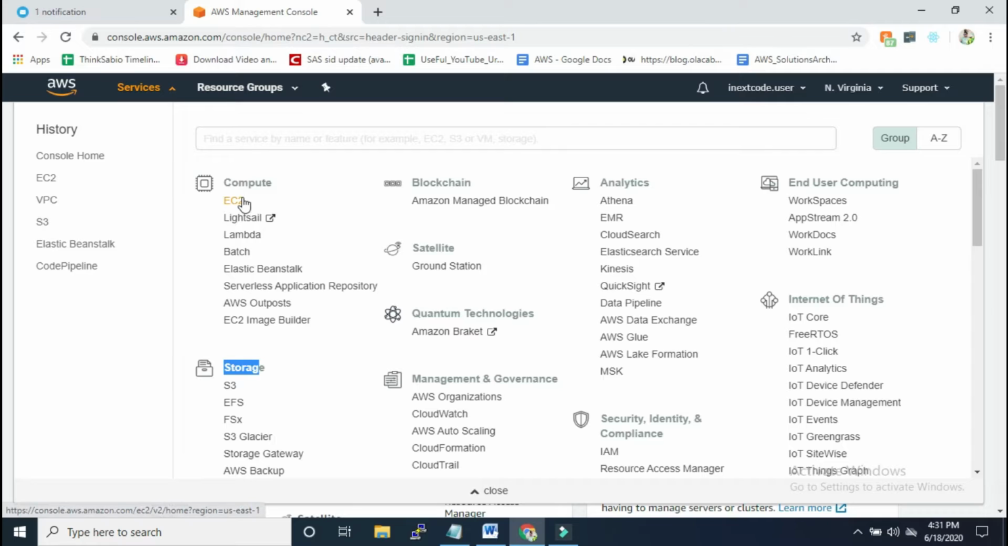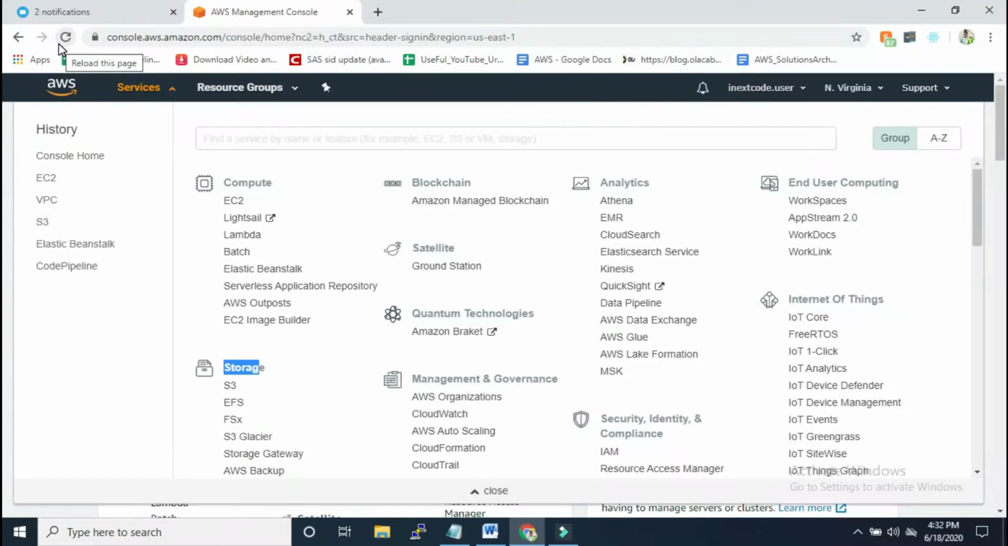So what is an EC2 instance? In other words, we can think of it as a virtual server. We are now going to launch a virtual server for the Linux operating system. So how can we do that? In a real scenario,